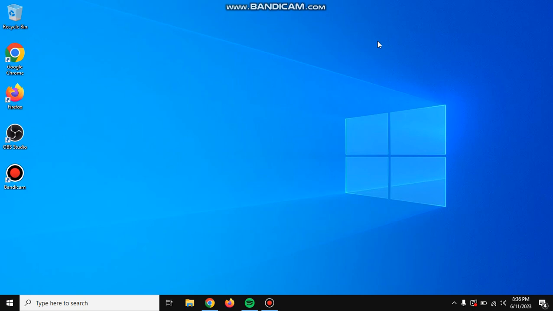Now, today this is a tutorial on how to download a Windows 10 or 11's ISO and format it to